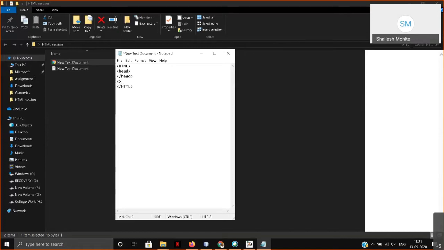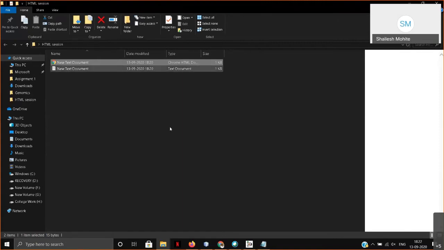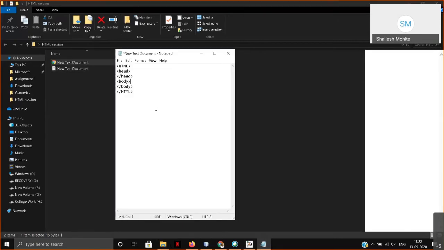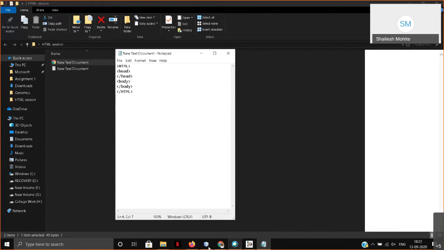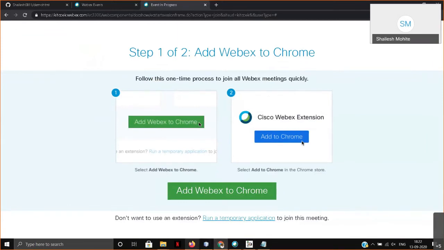After head, the body tag comes. Okay, the third step is to save it with the .html extension. But we have already saved it with the HTML extension, so we are not going to save it again. So save only this file and run it in your browser.